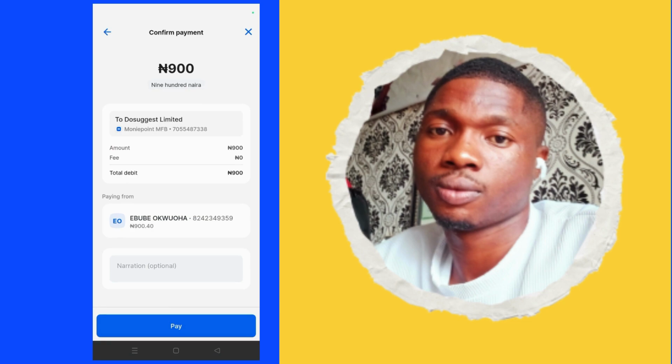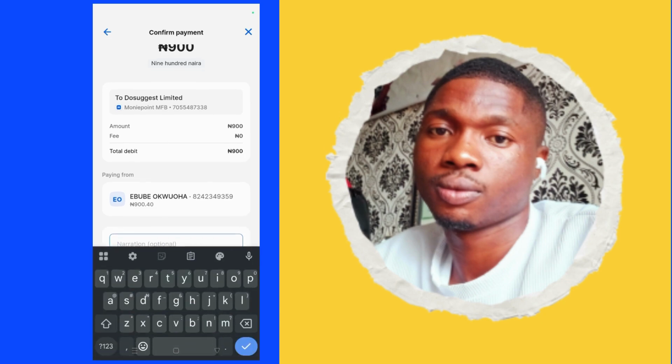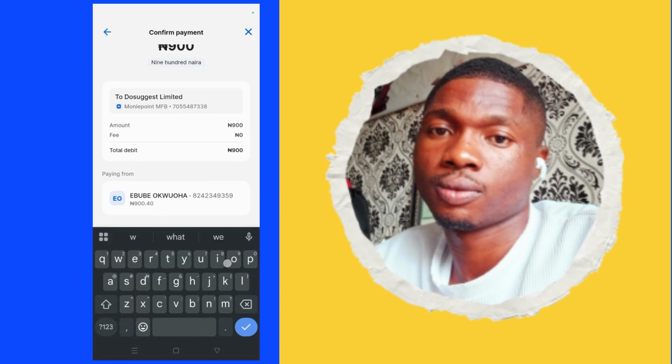So I'm transferring money from my Save As You Transact account to my main account. Few charges, 900 naira. Let's go there. So I can just put a narration, withdrawing. The narration doesn't matter a lot, but I want to just put it: withdrawing Save As You Transact